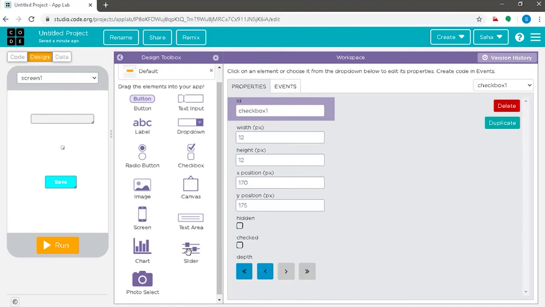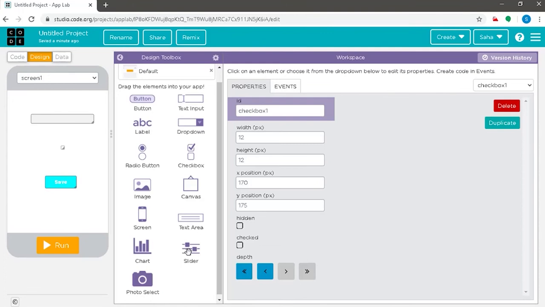For all these elements of button, text input to photo select and slider, there are different kinds of properties associated with each element, which you have to choose according to your interest. Thus is the design toolbox of the App Lab of the Code.org platform.